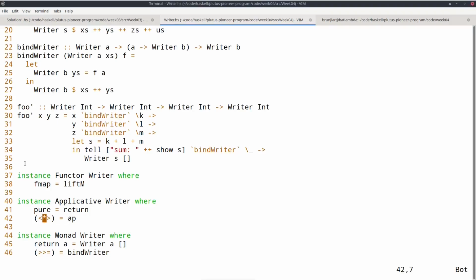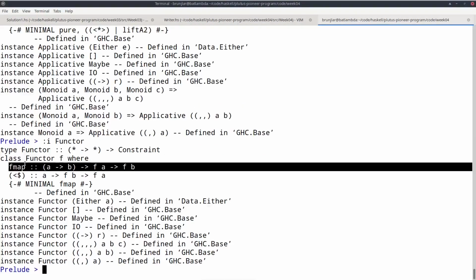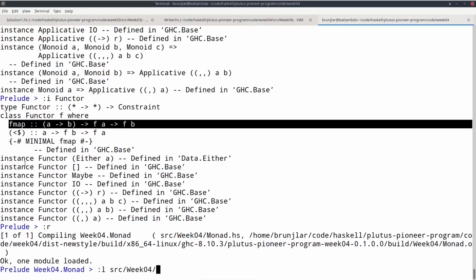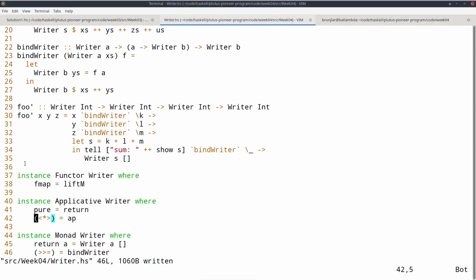So this is the standard pattern. If you implement a monad, you implement return and bind, and then for the functor and applicative instances you just use liftM, for pure you use return, and for this app operator you use ap. And that should compile. Now we have implemented a monad by hand. I don't have to do the same for Maybe, Either and I/O, because they are already monads defined in the prelude, so there I don't have to do anything.